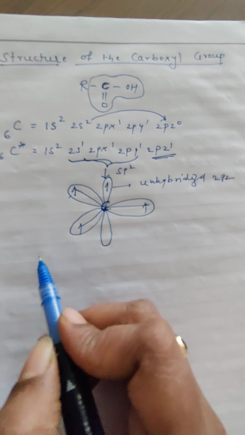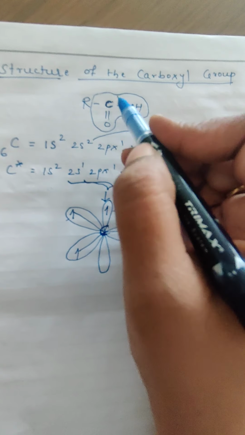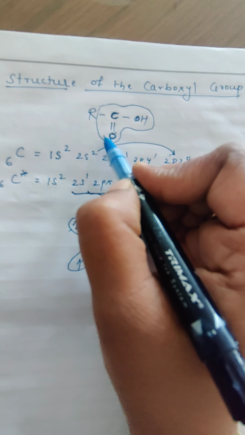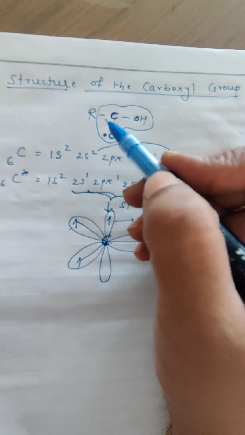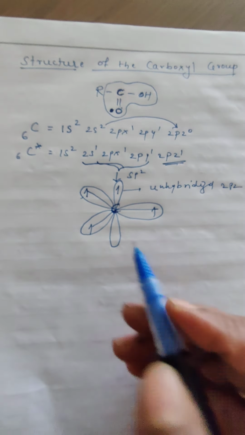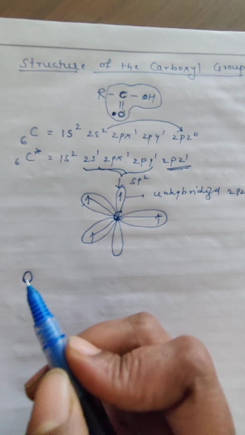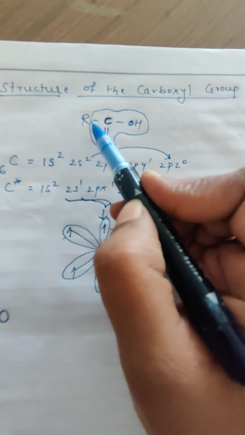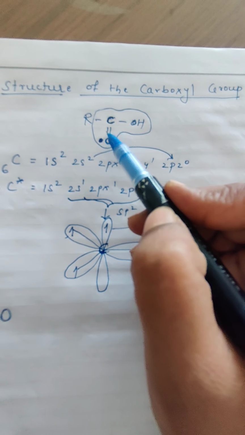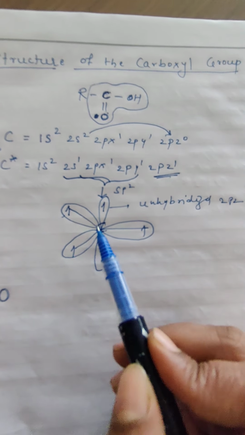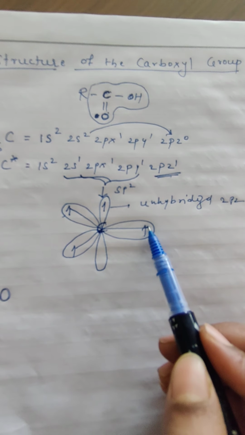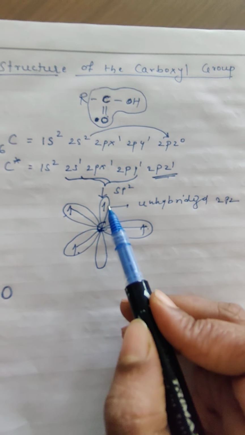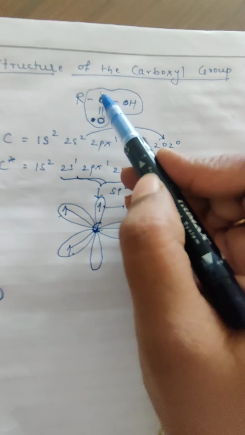Now the next one is oxygen. We are distinguishing the two oxygens. Suppose we mark the oxygen which is doubly bonded with an asterisk or a dot. Here, carbon has 1, 2, 3 sigma bonds and one double bond, and all hybrid orbitals are capable of forming only sigma bonds. So 1, 2, 3 sigma bonds are there, and the one double bond can be formed by the 2pz orbitals. So we are on the right track.